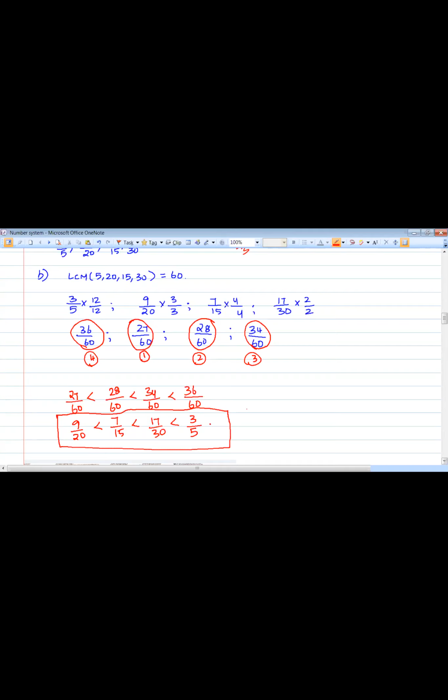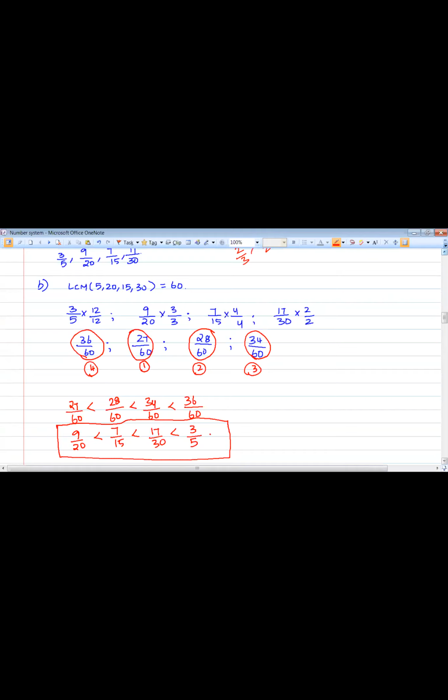Hope you all understand what I am trying to say. Aswant, I cannot understand this. Okay. So let me explain to you one more time, Aswant. Focus your attention towards the board. Okay, Aswant, so these are the 4 fractions. Now what we have to do is find the LCM for 5, 20, 15 and 30.